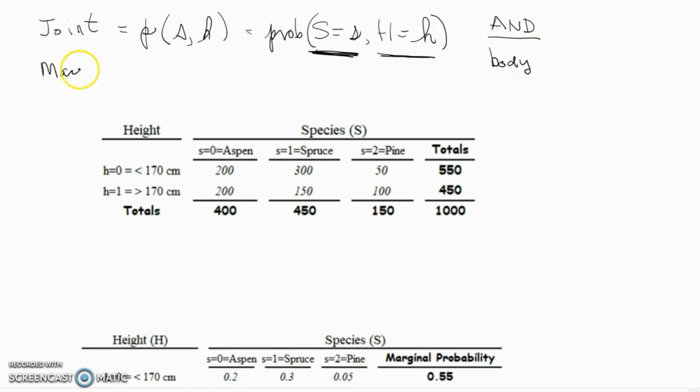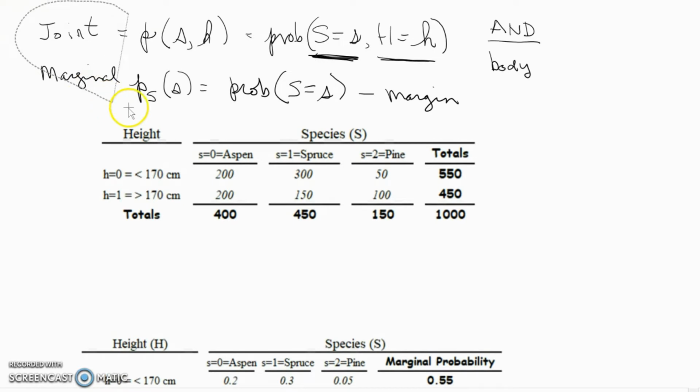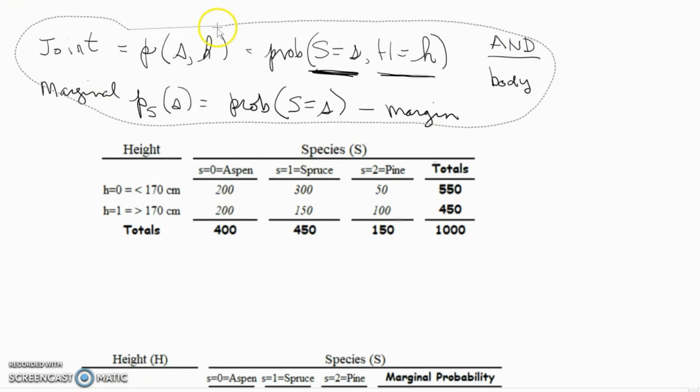And then we had marginal probabilities, which for example we might represent as P(S = s), which would be equal to the probability that the random variable uppercase S would equal some particular value lowercase s when the experiment was done. And these values were found in the margin of the table as opposed to being in the body of the table. And so with that review, I want to now move on and consider the concept of